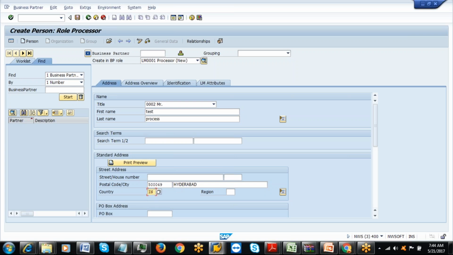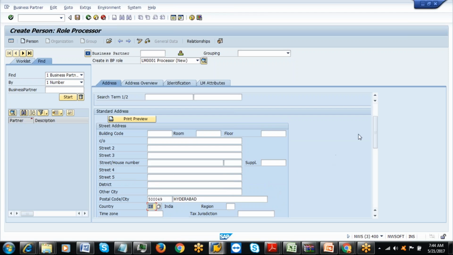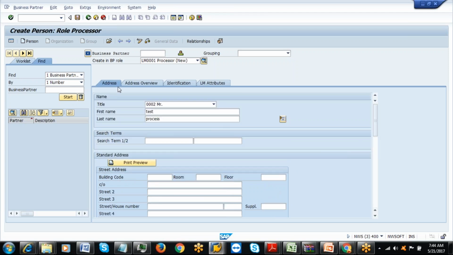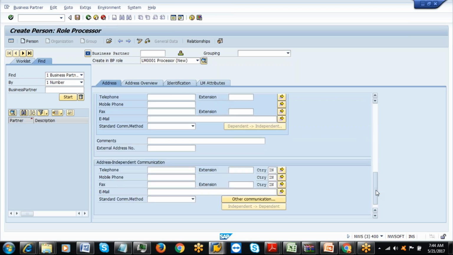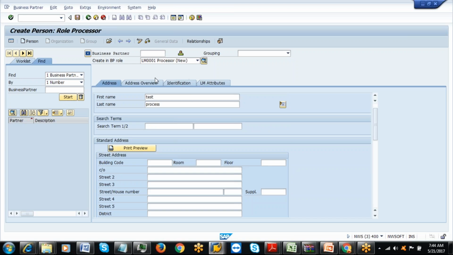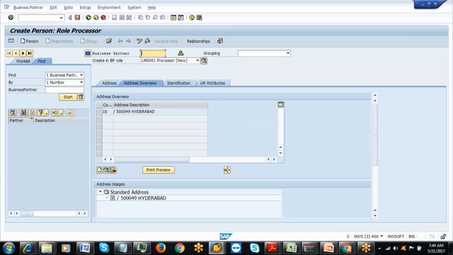Okay, this one. Here under the address view, we can maintain the first name, last name, and so on. This one, email address, telephone, and so on. And here is the address overview. And coming to the identification,